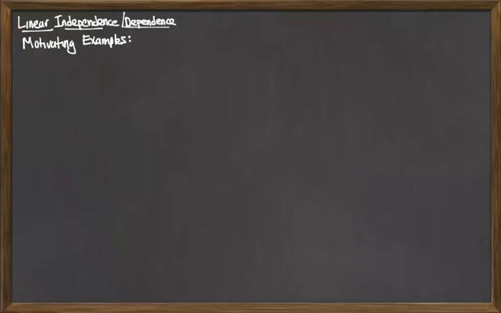In this video, we're going to discuss the very important concept of linear independence and dependence. These are properties that sets of vectors can have. Before we just define it, I think it's a good idea to just do some motivating examples. So we're going to do 3 examples, just get a feel for the kind of things that we're interested in